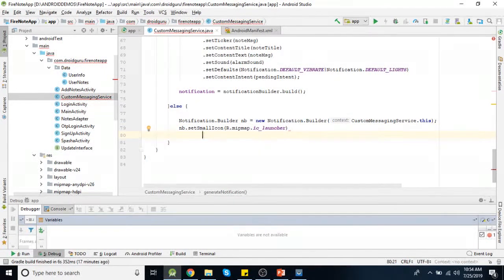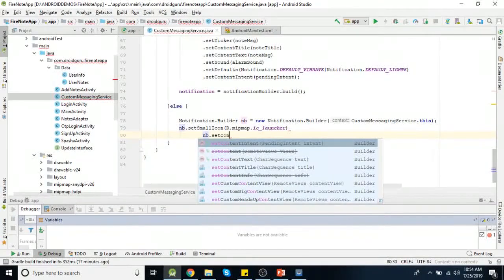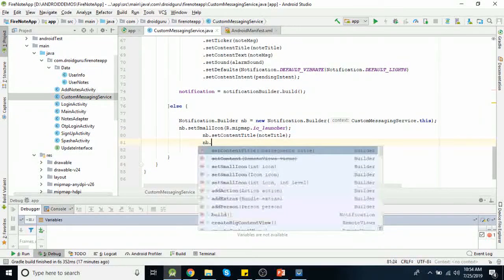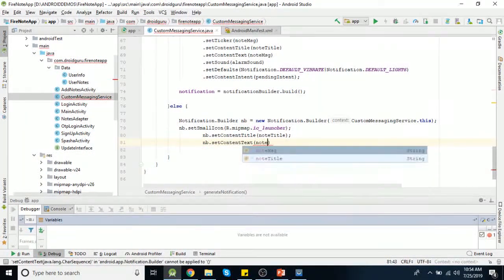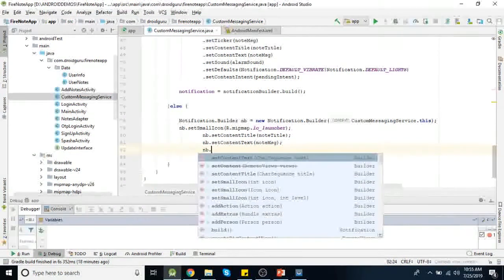Then nb dot set content title. We have a title here. Then nb dot set content text. We have a message text here. Then nb dot set content intent, we can use the same pending intent.